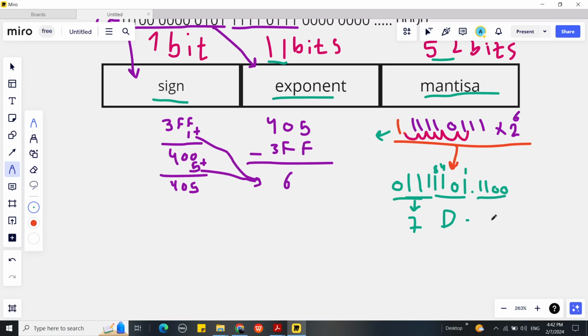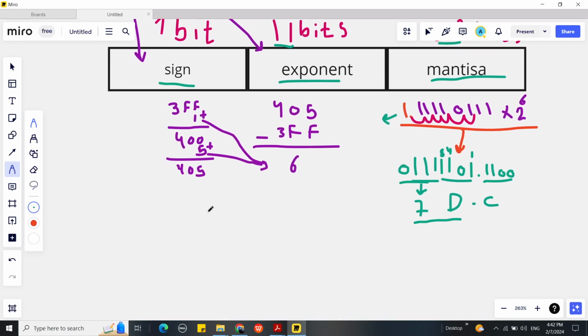Don't forget, this is going to be also C, right? Am I doing it right? I think I am. And now we're just going to change this 7D to a decimal number. So 7D